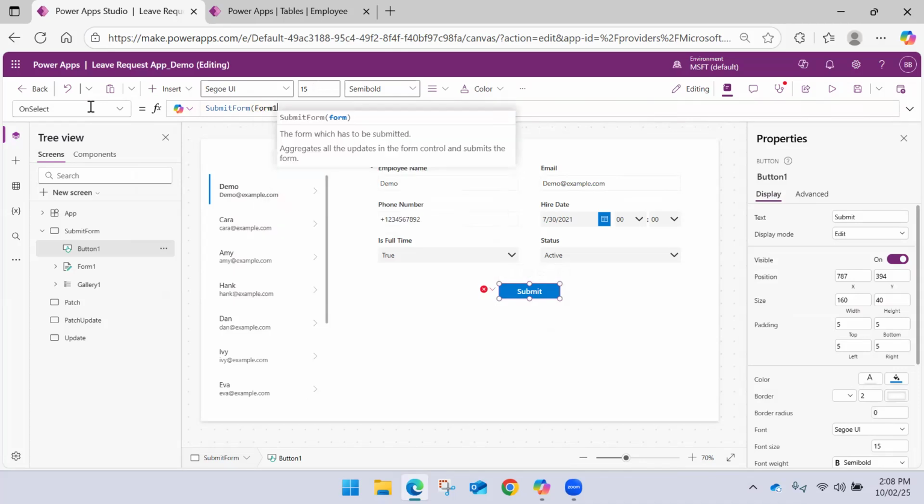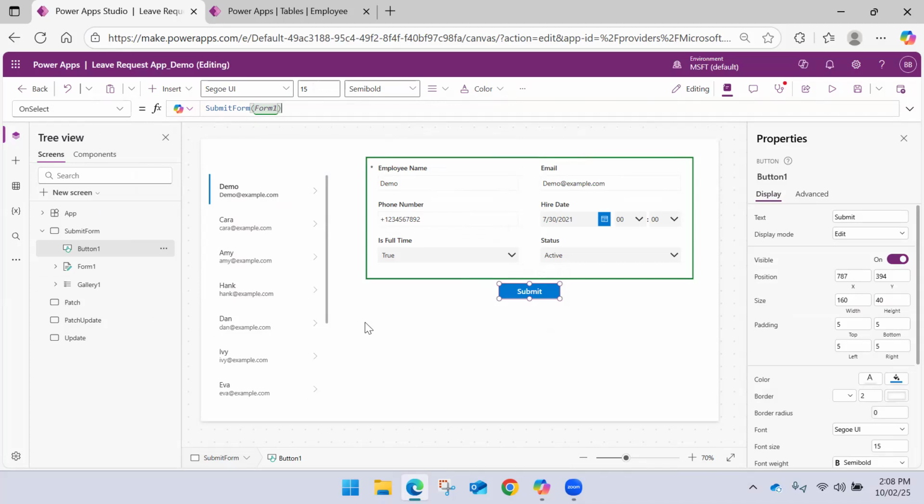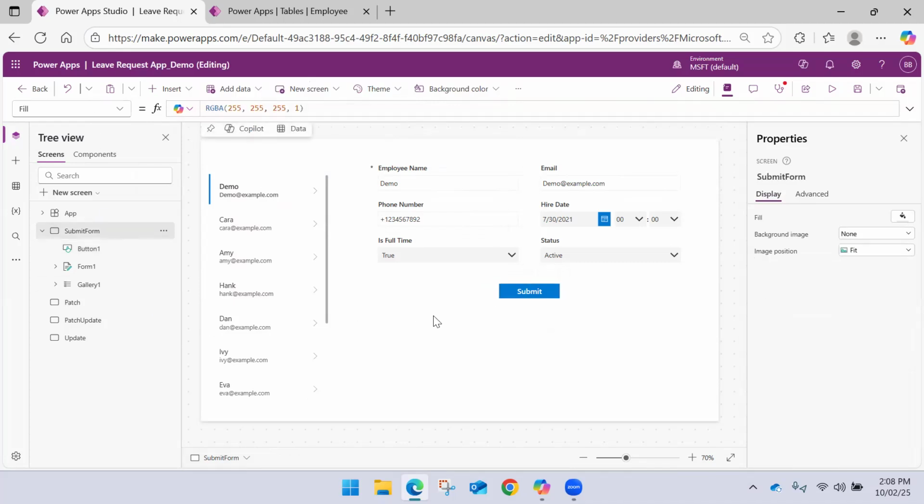You need not filter anything, you need not worry about what gets updated. Whatever is selected here, it will get updated automatically by using these form controls. So if I say save,